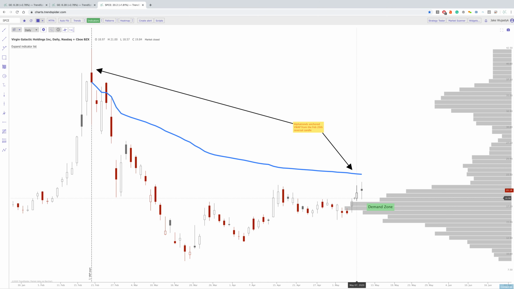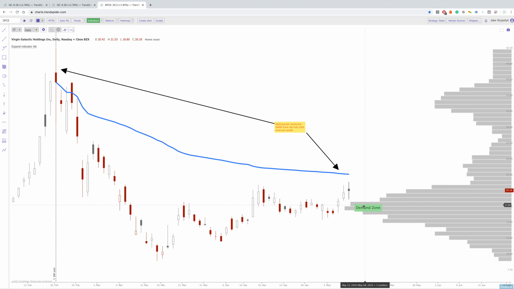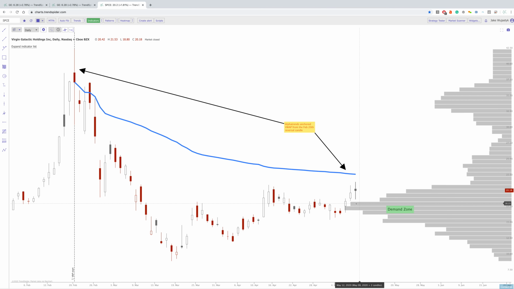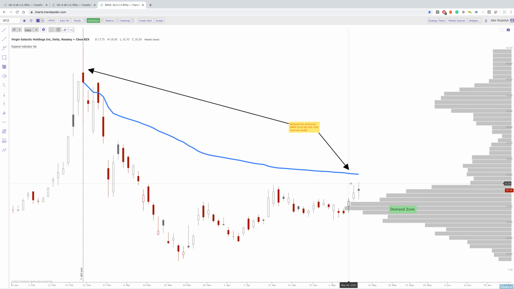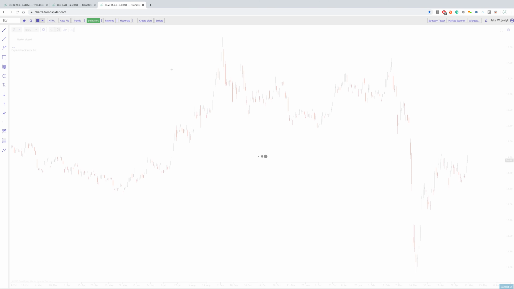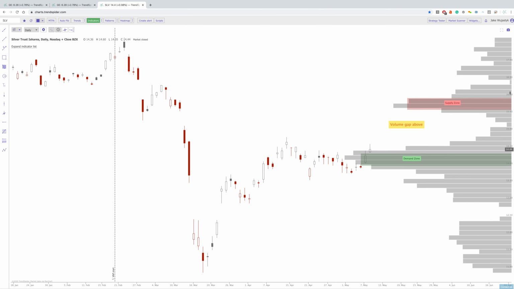So, that is something to check out on SPCE. We had this massive price coiling within the point of control here, and then you finally had your move up. So the last one that I want to go over is SLV. SLV was another one using the anchored volume profile. If we start this anchored volume profile from this February 24th high on SLV,